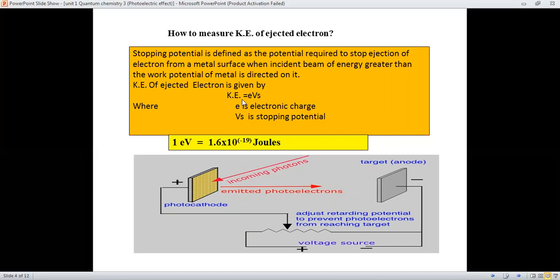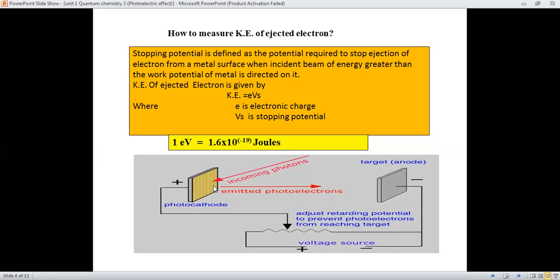So there is a term called the stopping potential. Stopping potential is applied in this way. Here it is the incoming radiation, the metal surface, and then the emitted electron with certain kinetic energy. Now the electric field is applied in such a way that it has reverse polarity. Here it was the anode in the previous case. Now the polarity has been reversed such that an opposing voltage is applied, so it stops that electron from being ejected from the metal surface.